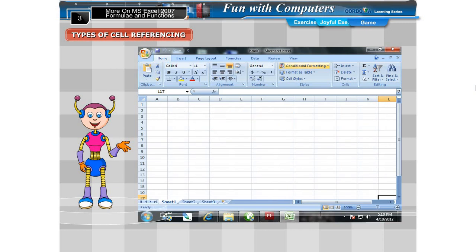Every cell has a name known as its address, which is made up of a column part and a row part. It is called relative when both parts are not fixed. It is called absolute when both parts are fixed. It is called mixed when only one of them is fixed.